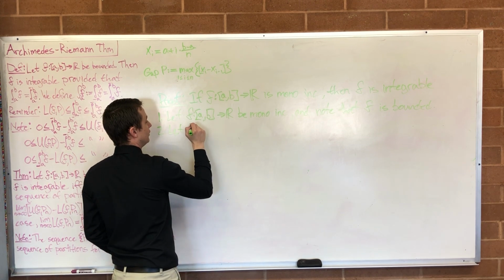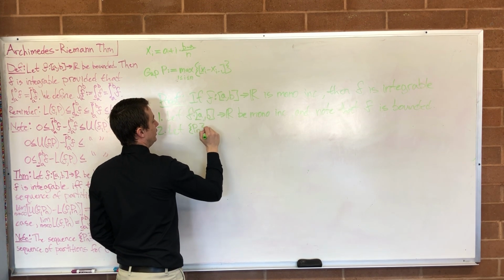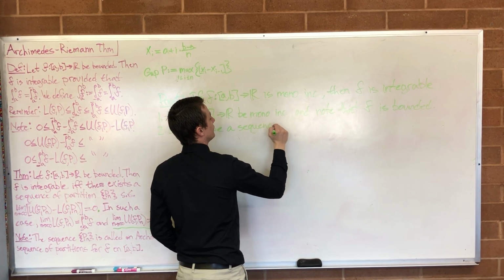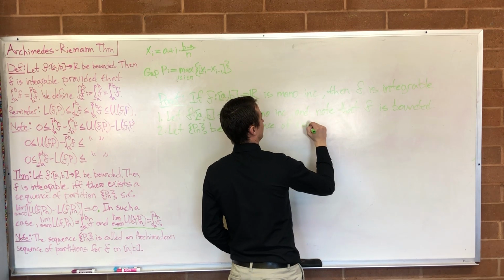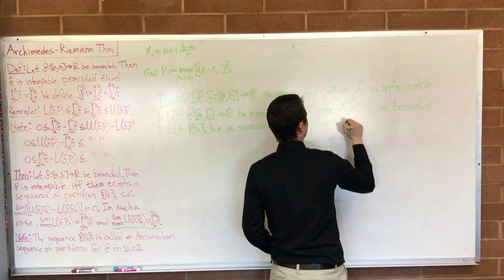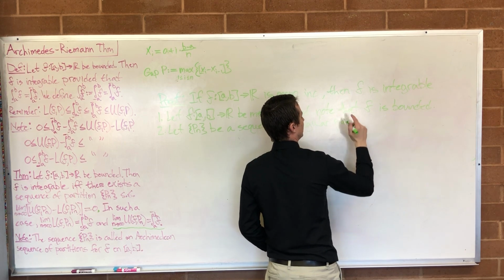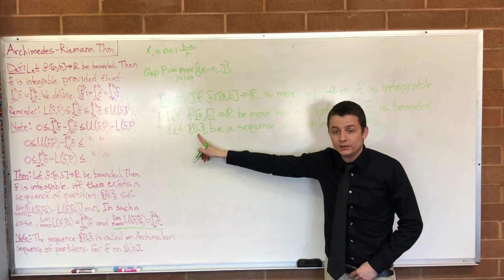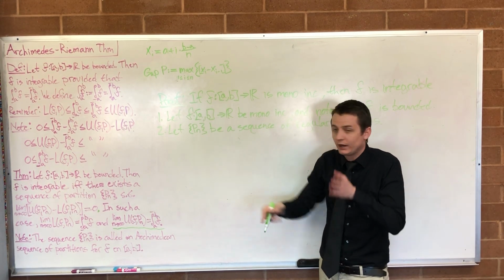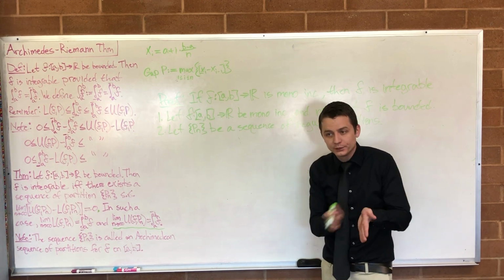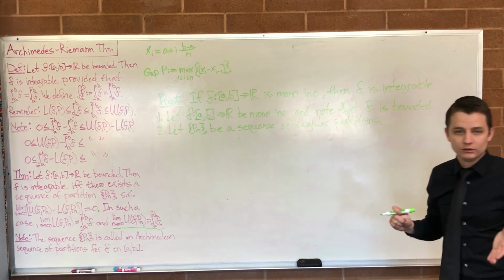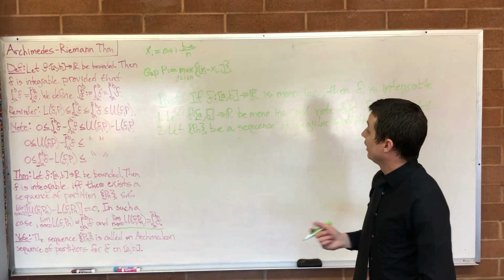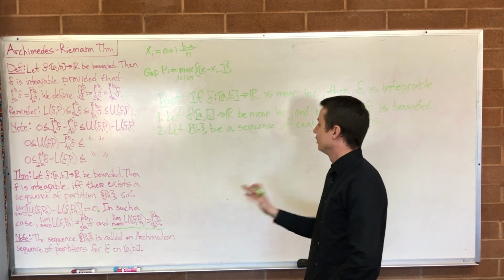2. Let P_n be a sequence of regular partitions. So P_1 divides it up into 1 interval, P_2 divides it up into 2 even intervals, P_10 divides it up into 10 even intervals, etc. Understand what our sequence of partitions is? Okay, so now let's look at the difference in general,